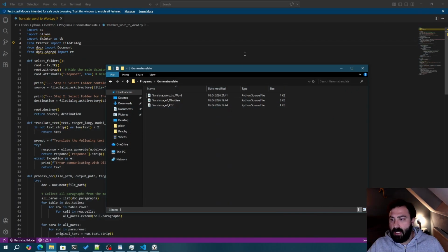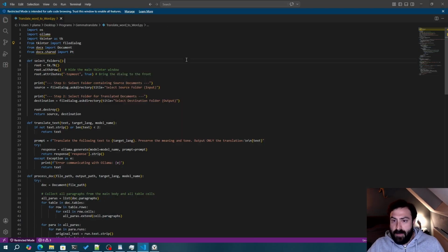So let's check out the code. We're going to check on the Word one. I'm going to try to put them on GitHub so you can just download it. We have os, so we can access the files. We have ollama. Then we have tkinter, I don't know how to say it, probably tkinter. I have used it for quite some time, but I never know how to use it. Anyway,